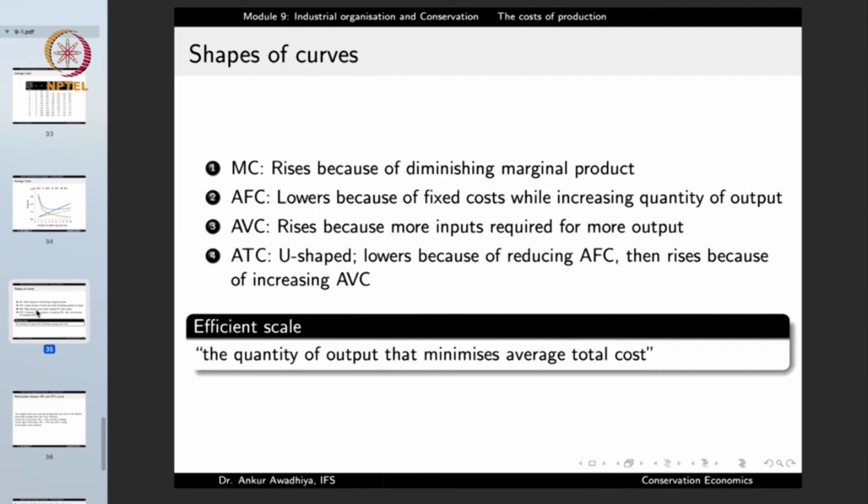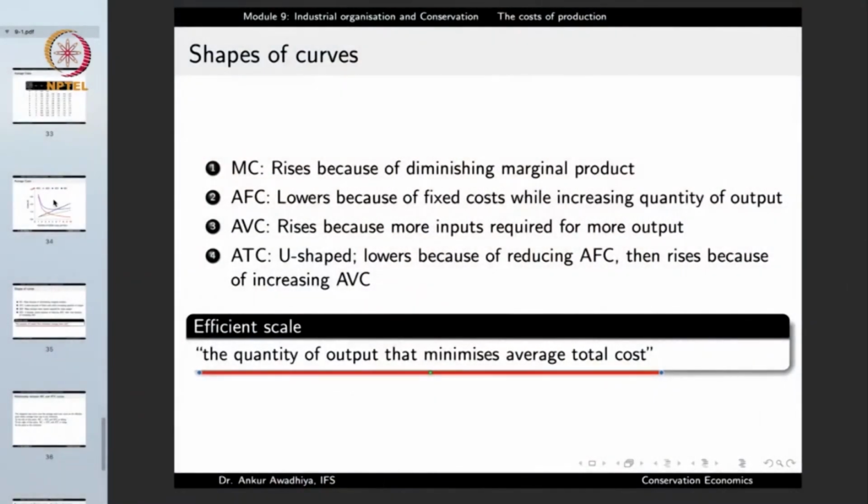But the average total cost is U-shaped because earlier it lowers because of reducing average fixed cost and later on it rises because of the increasing average variable cost. And the point where we have the minimum of the average total cost gives us the efficient scale. Efficient scale is the quantity of output that minimizes the average total cost,